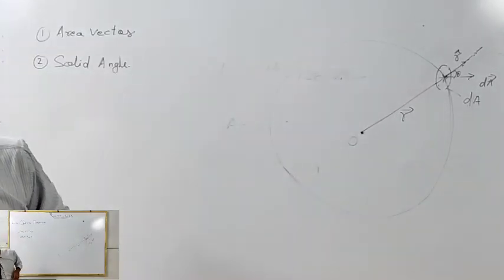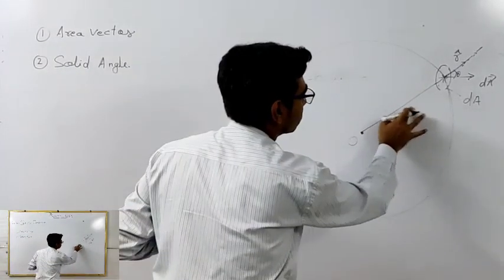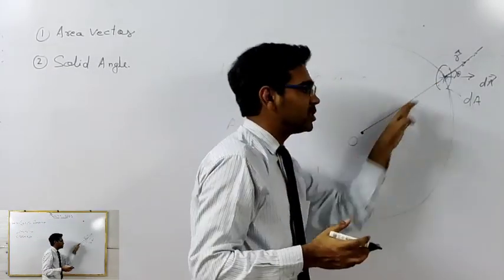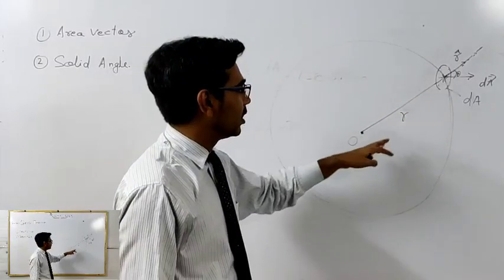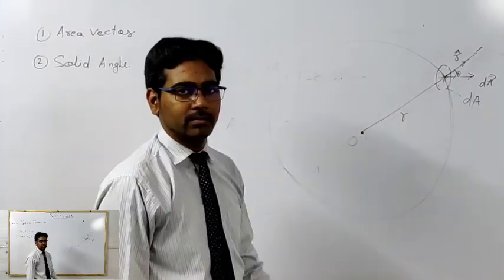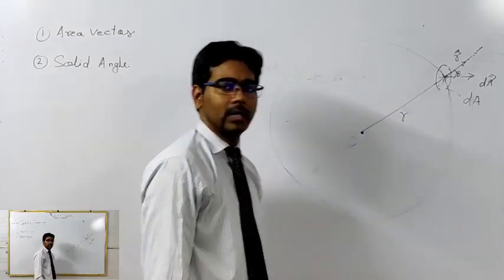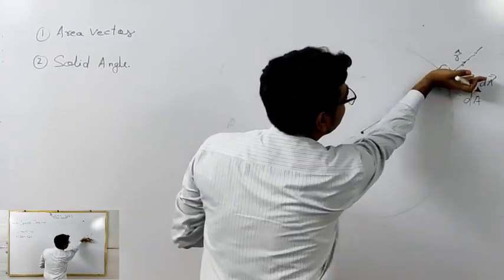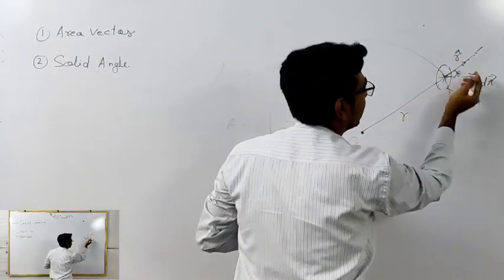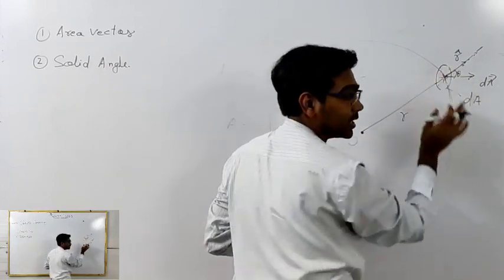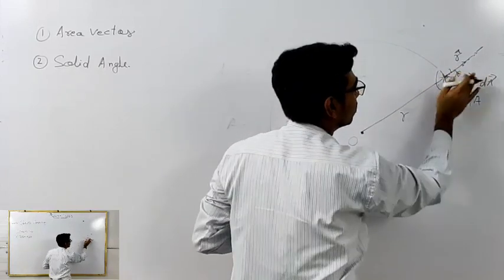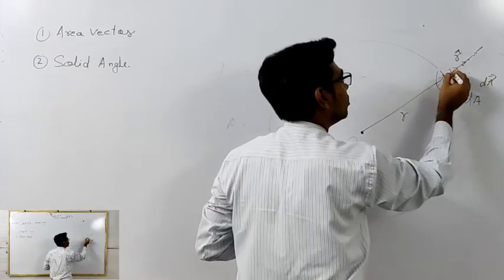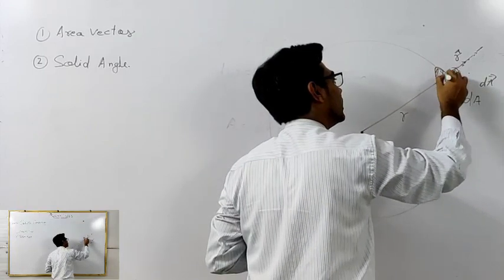Why am I taking the vector? I am taking a generalized case where you get a position vector. That will help you a lot. But in the book they take only r, so you can also leave it at r for now, though it will be helpful if you deal with the r vector. So when you tilt this area, what amount of area will you get on the sphere? Suppose you have taken the dA in this direction. Now when you tilt this area like this, you will get an area in this manner.